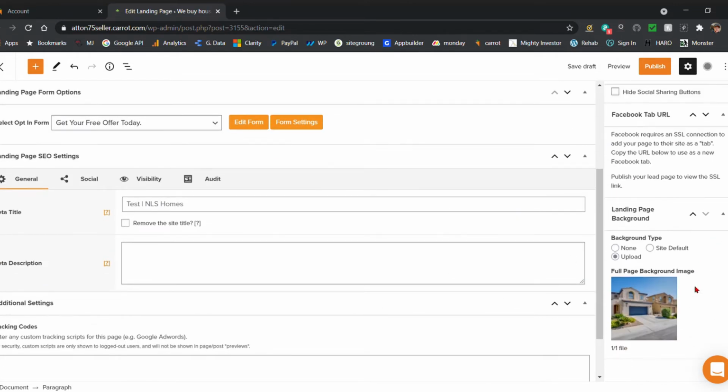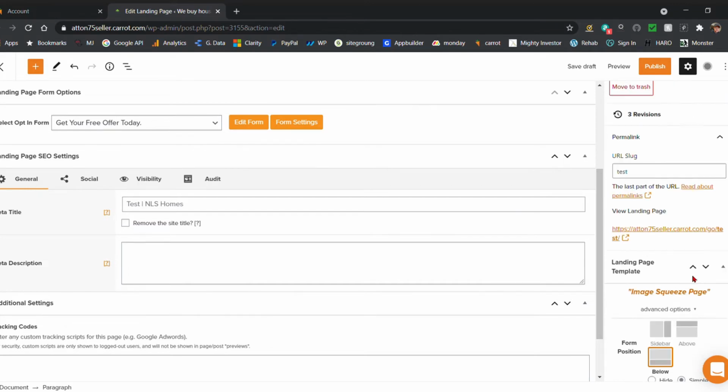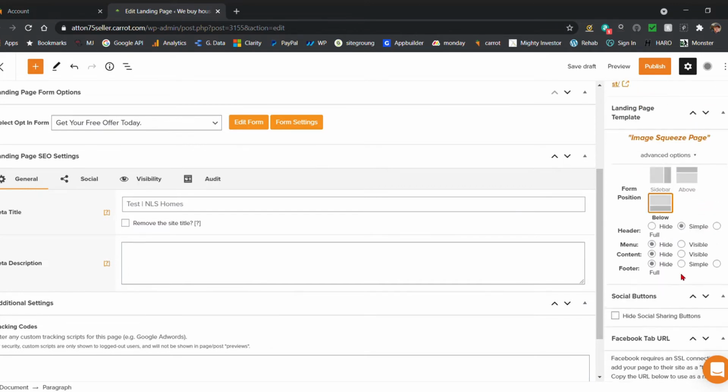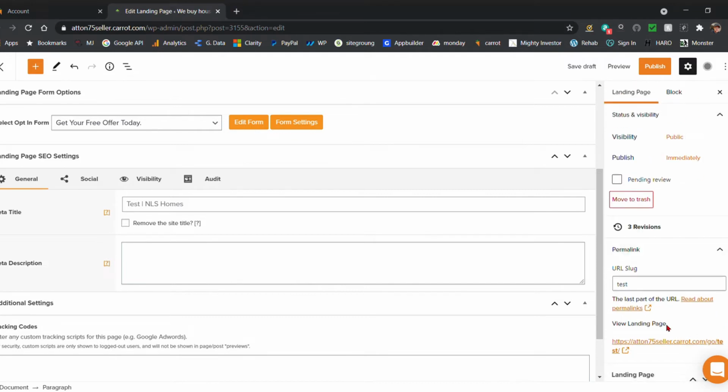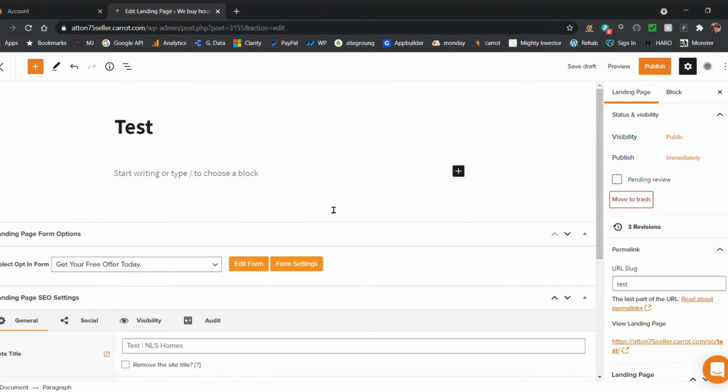Your social buttons there, the background image here. Like I said, you can play around with some of these things. That's all you need. Setting up took me, after messing around with everything, maybe, if I want to build another landing page for myself, under 3 minutes probably. After you've done that,